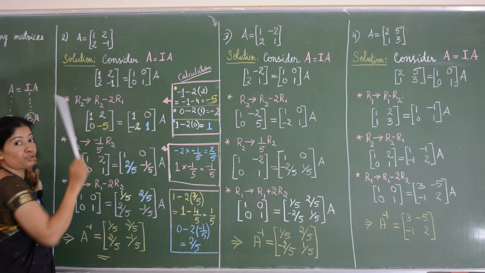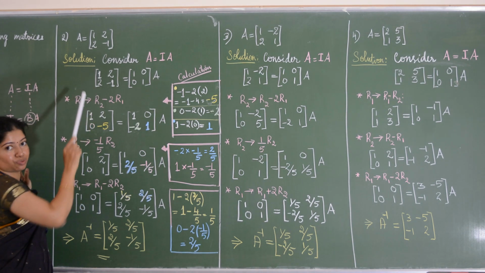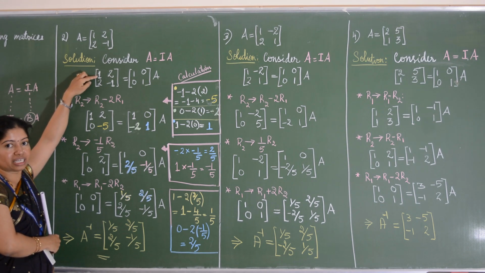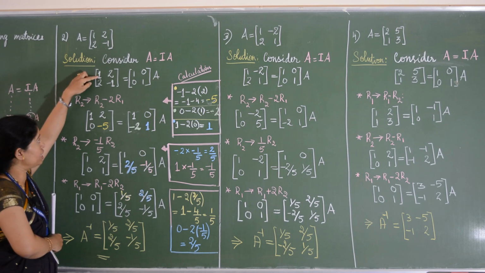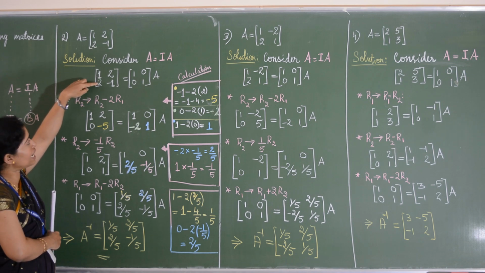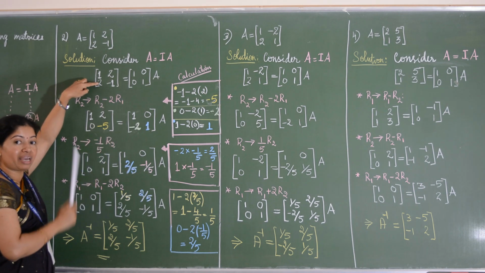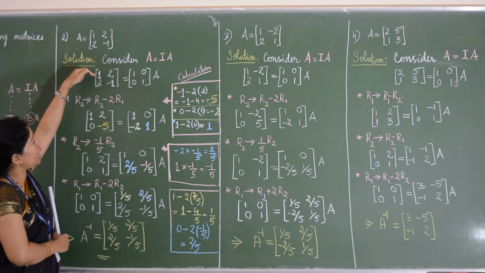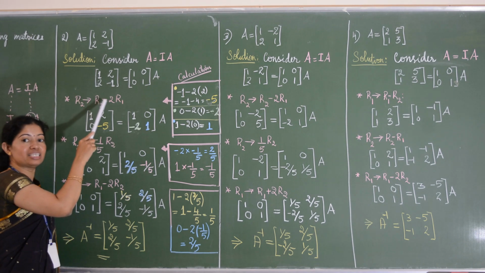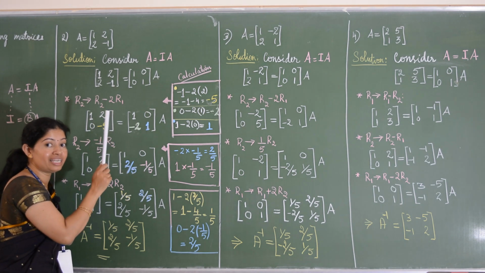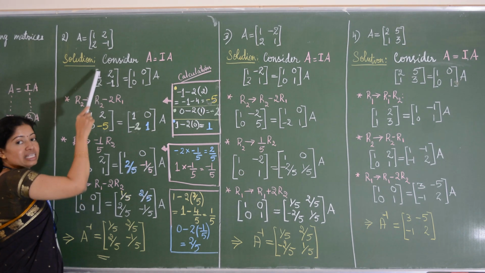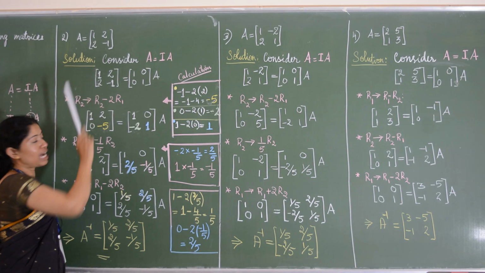Next, first we need to make this entry 1. As in the given question, this entry is already 1, so no need to make any elementary operation here. So let us make this entry, you have here 2, we need to make this entry a 0. To make this 0, we will apply the elementary operation like this: R2 changes to R2 minus 2 times R1. So what we did here, students, we multiplied the first row by 2, then we subtracted: R2 minus 2 times R1.